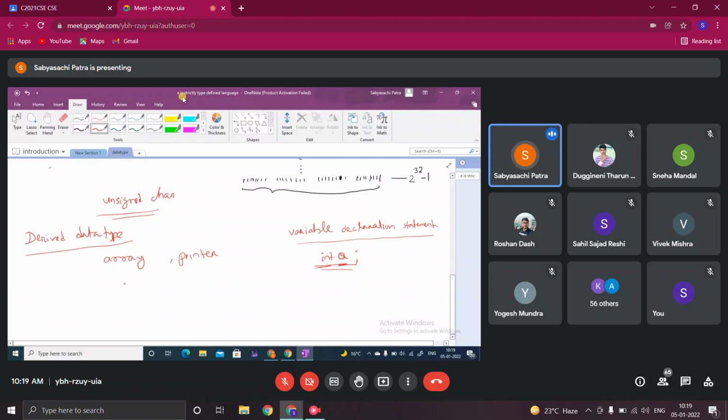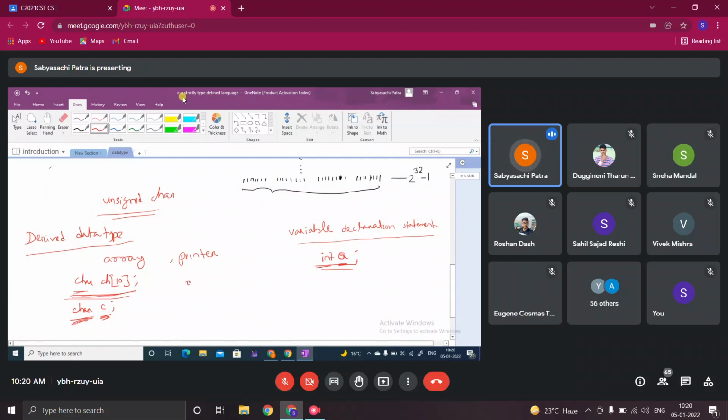So array is a derived data type. You can derive it from the fundamental data type integer, float, double, or character. If you are writing char ch[10], this is an array, derived from the fundamental data type character. When I write char c, c is a single character of data type char, but here ch is an array of 10 characters.